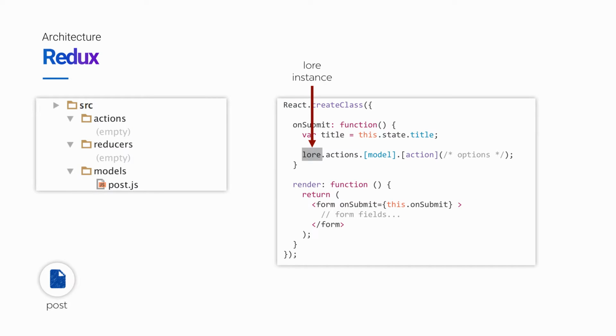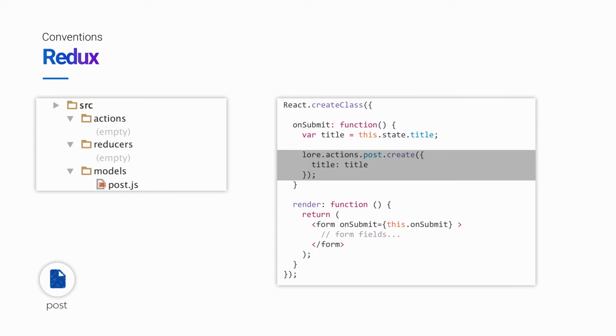To use these actions, every component has access to a variable called Lore that contains all of the actions for the application using the pattern of the model name followed by the name of the action creator you want to invoke. So if we wanted to create a post, we would call lore.actions.post.create and pass in the parameters for the